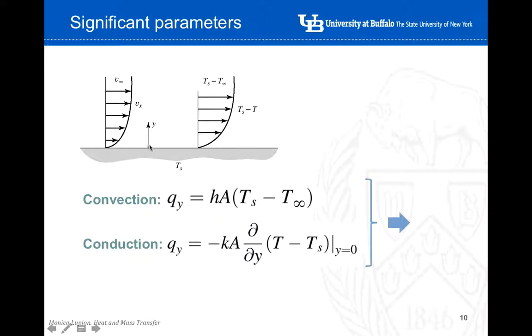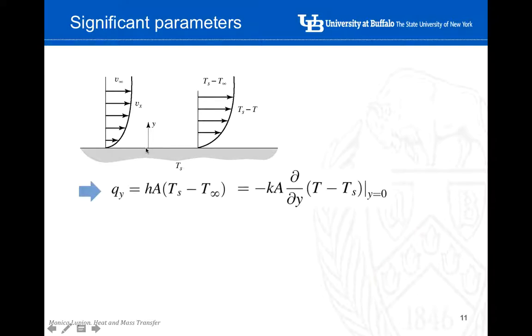As I mentioned, the heat that is being released by convection needs to be the same as the heat that reaches this point through conduction. So we can say that these two expressions are the same, evaluated over the surface. We play around with this equation here, the areas cancel. So we can get that the h coefficient over the thermal conductivity is equal to the